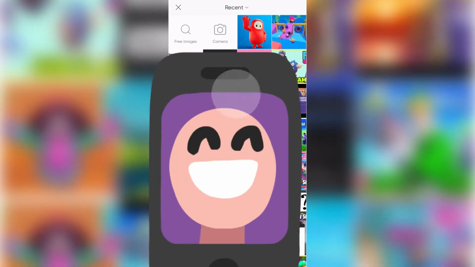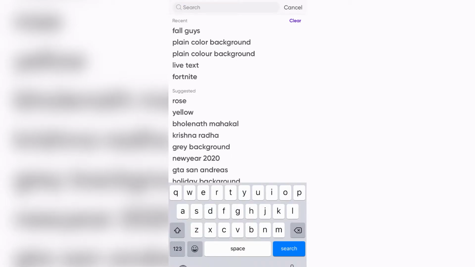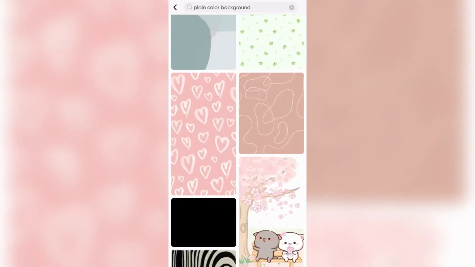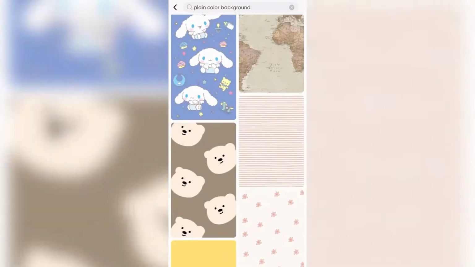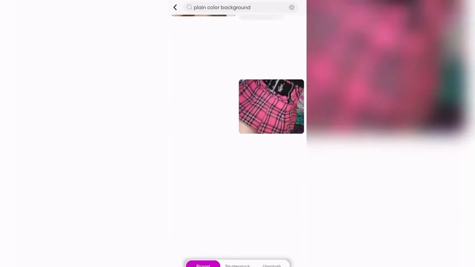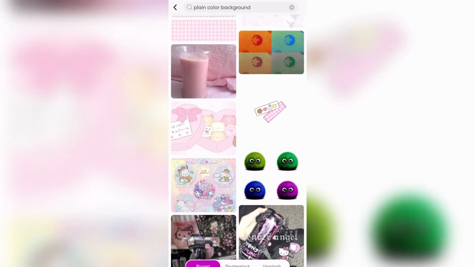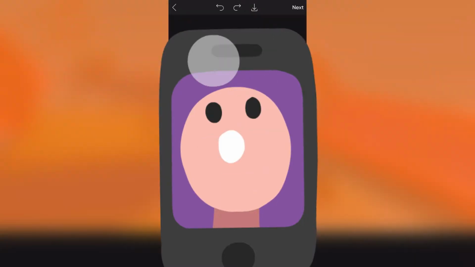After choosing it, I will put a color on it. How you put a color is your choice, whether you want to put a background or not. Some people don't use color, some people just make the background blur and then enter the stuff, but some people choose the background to be plain and then enter the stuff. It's totally your call. So here are the multiple options of plain color backgrounds. You will find each and every color over here. If you do not find a color, search on Google. You can also choose images from your profile.